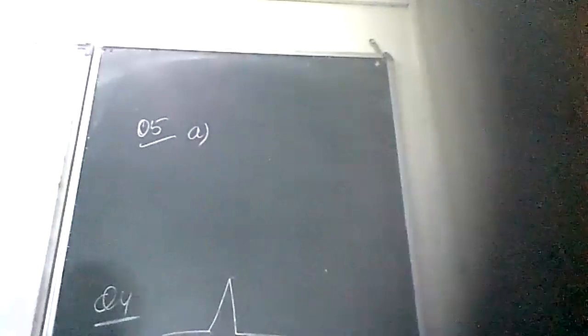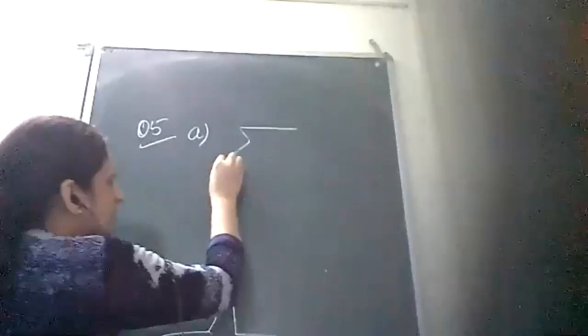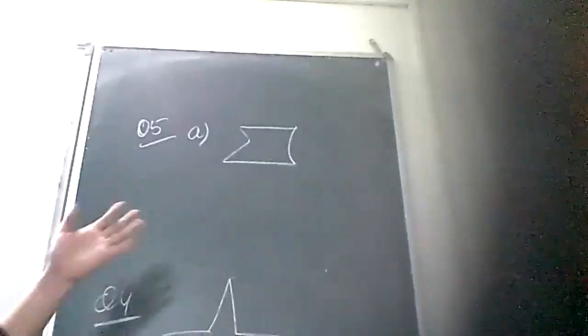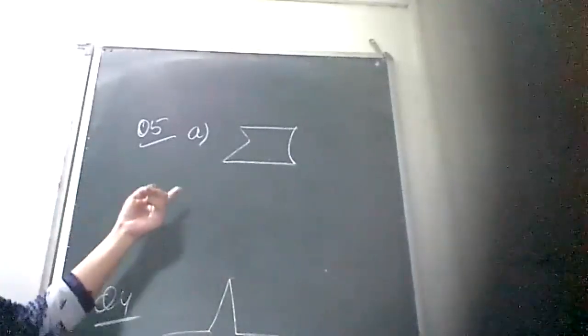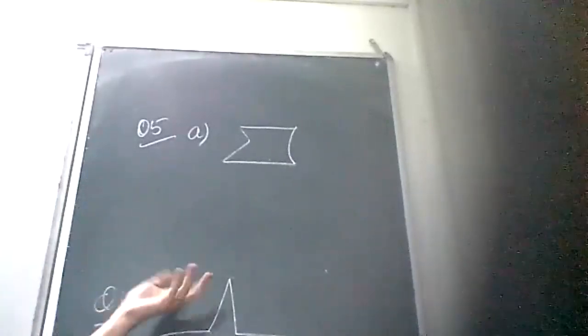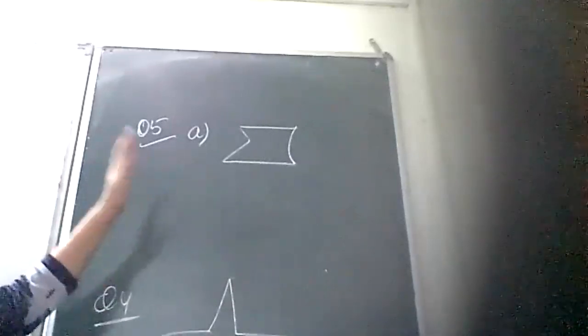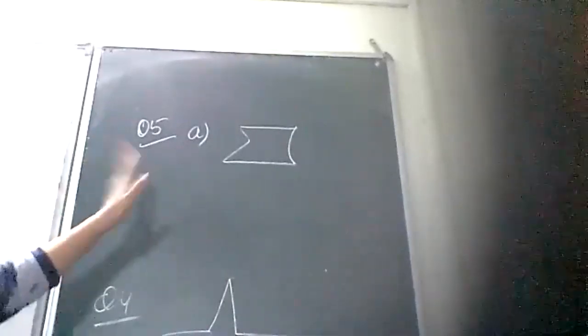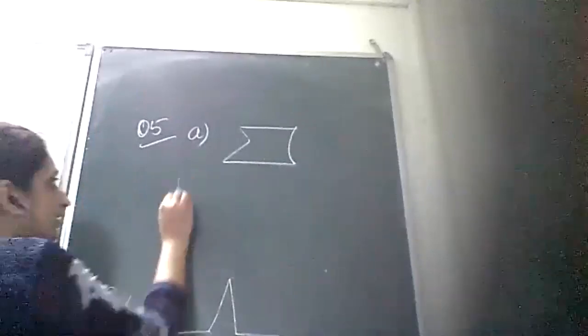Illustrate, if possible, each one of the following with a rough diagram. Now in the A part, it is given that you have to draw a closed curve that is not a polygon. So I'm drawing a closed curve here. And if you see this, this is not a polygon. This is not any type of polygon. Neither is it a triangle, nor quadrilateral, nor a pentagon, nor hexagon, septagon, octagon, nonagon, decagon. Nothing is there. Neither is it a polygon, and it is a closed figure. So this is the A part. Okay, in this way you're going to do this A part.